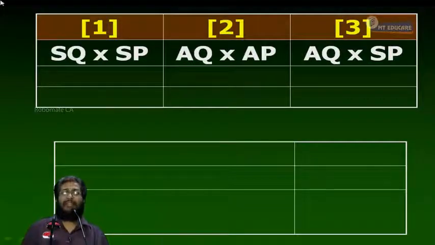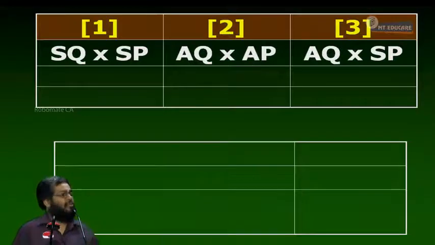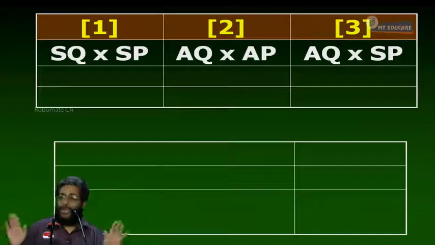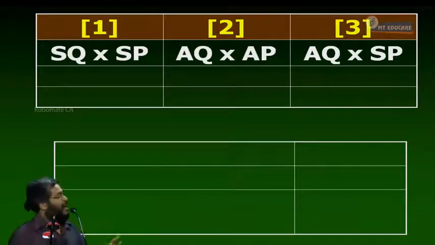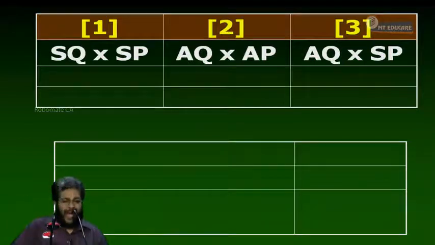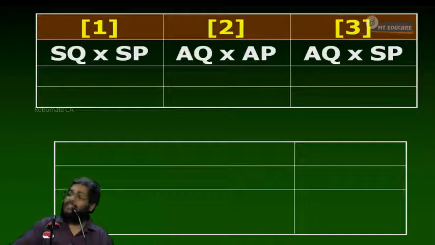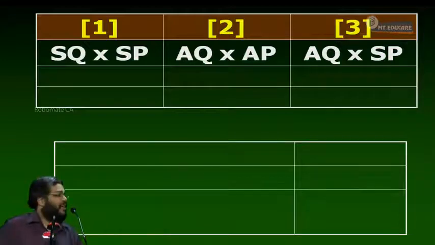Now understand that in all the sums, SP will be given, AQ will be given, AP will be given. The villain is SQ only. Always, who is the villain for material variance? SQ. That only we should be computing. Remaining are all taken from the question and put into the format. In any problem, if you have difficulty in calculating variance, the difficulty comes only from standard quantity calculation. Everybody, right or not?